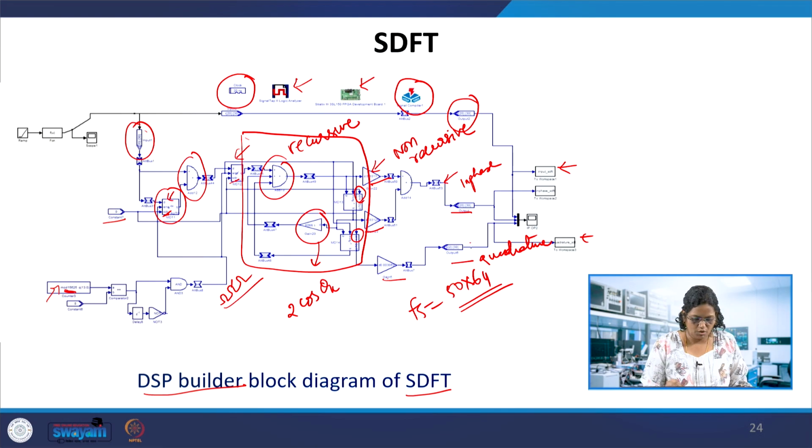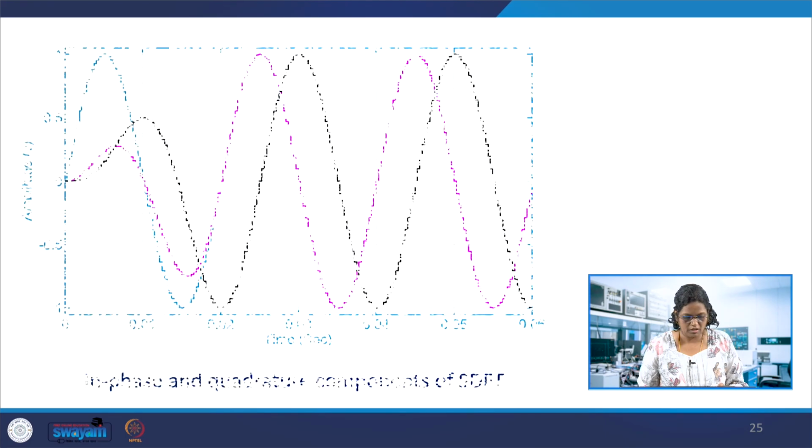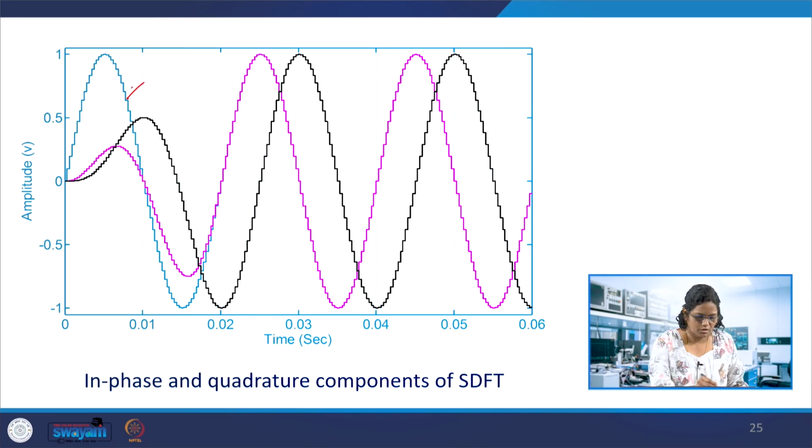So this is for the simulation, where the real-time simulation can be done, because the clock will be set at 20 nanoseconds, and you give the input accordingly and get the output for, suppose, a simple sine wave of 50 hertz, whether it is getting the in-phase and quadrature component or not. That's what is done over here. There is an input, this is x of n, and we can see this outputs in-phase and quadrature components getting generated from the output. So this is still a simulation, but it's a real-time simulation.